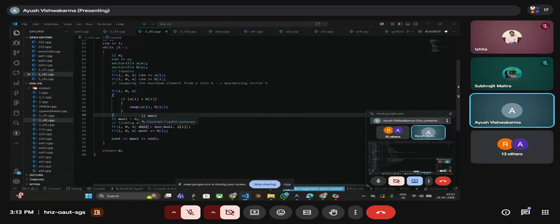You just have initialized the maxi again with the maximum element of the array A, and then whatever will be the changed array b, you will just add all of the elements in the maxi, and you just have to return it as your answer.